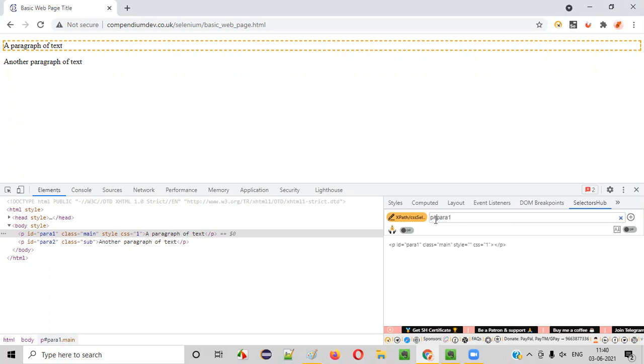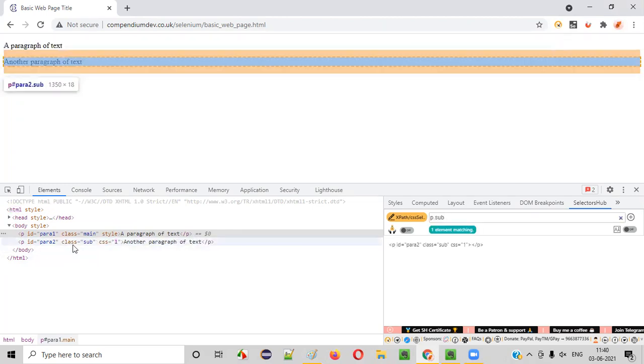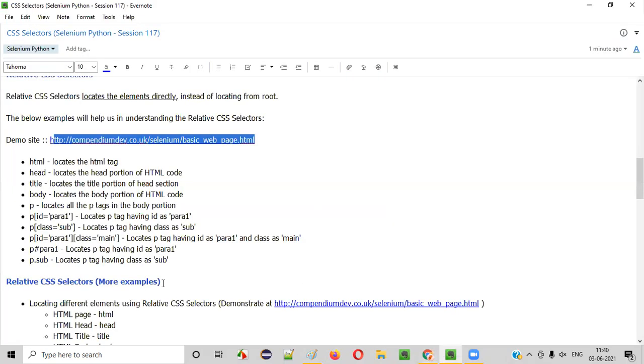Hash means ID, the ID value as para1. It is also the same, guys. And if I want to look at the paragraph which is having the class as sub using the shortcut symbol, I have to say p dot. Dot means class. Paragraph having the class as sub. You see, the paragraph having the class as sub got located here. Those are the shortcuts, guys.